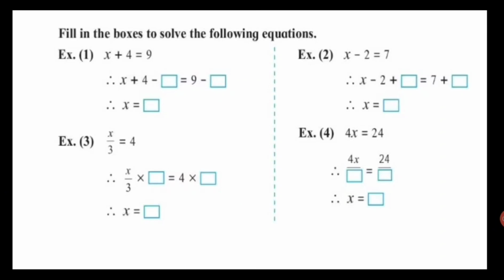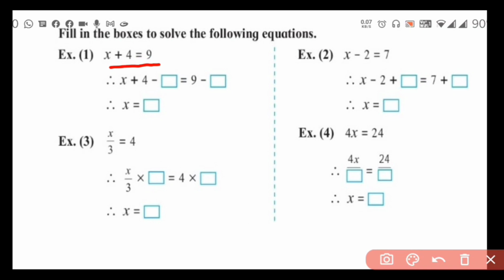Now let us see these questions from the textbook page, where we can solve the sum by using the property of subtracting same number from both the sides, or adding same number to both the sides, or dividing by same number on both the sides, or multiplying by same number on both the sides to get the value of variable from the equation. As in example number 1, equation is